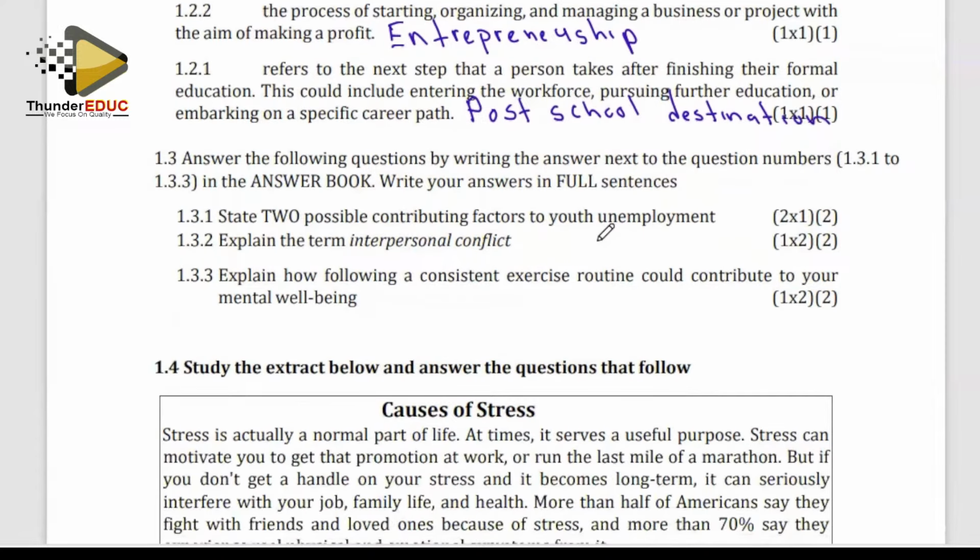Then 1.3, answer the following questions by writing the answer next to the question numbers. 1.3.1 to 1.3.3 in the answer book. Write your answer in full sentences. So the question requires us to write our answers in full sentences. So state 2 possible contributing factors of unemployment. So the first factor is limited